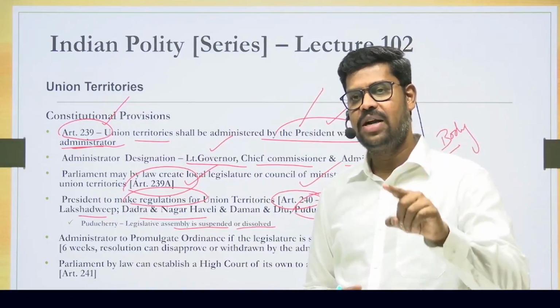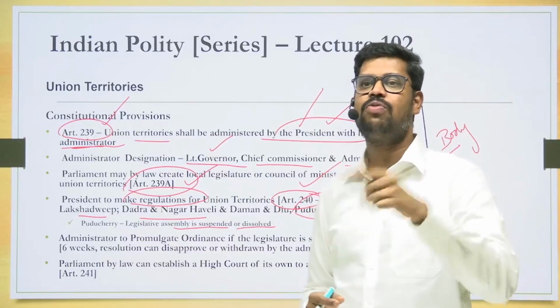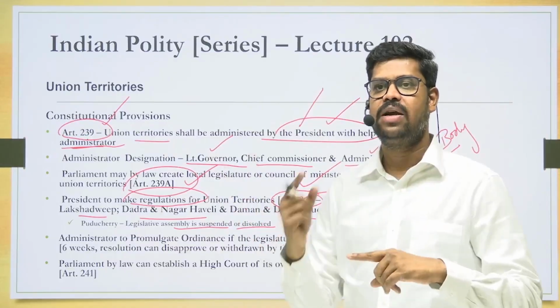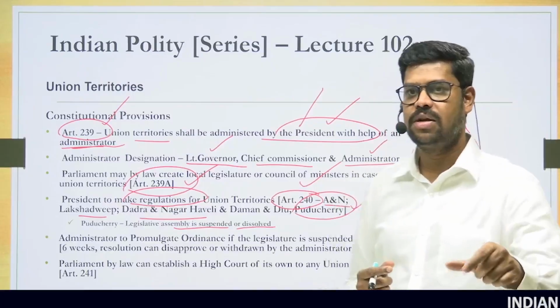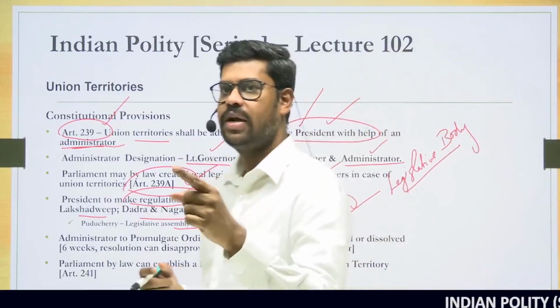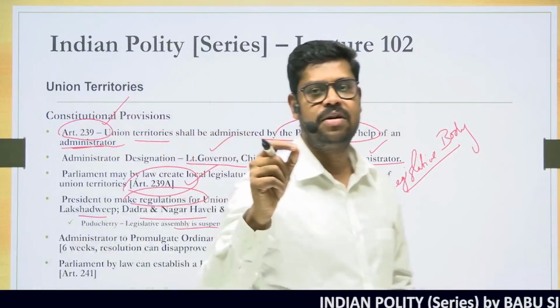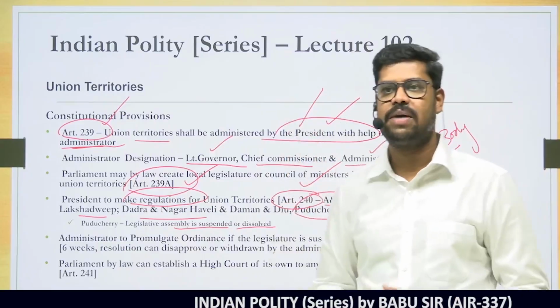Which article in the Constitution gives the power to the president and the governor to promulgate an ordinance? The president can promulgate an ordinance for the entire country. The governor can promulgate an ordinance for that particular state. We have already seen that. So the president for the entire country, the governor for the state. So which is the respective article for the president and the governor? Please put your answers in the comment box.